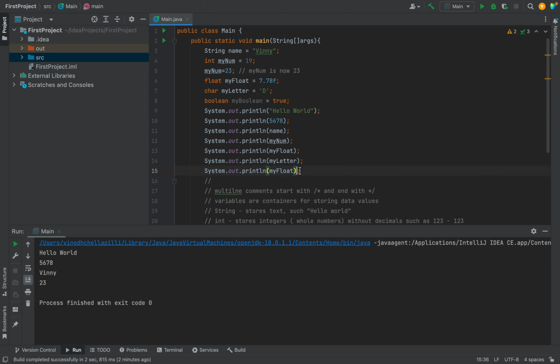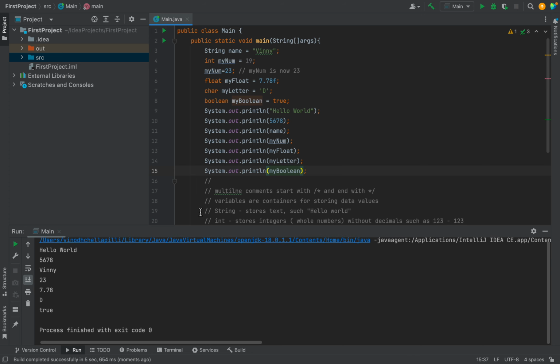Here I'm going to change this one to my boolean. Friends, see the result now. We can see we can print all these. If you have any questions,